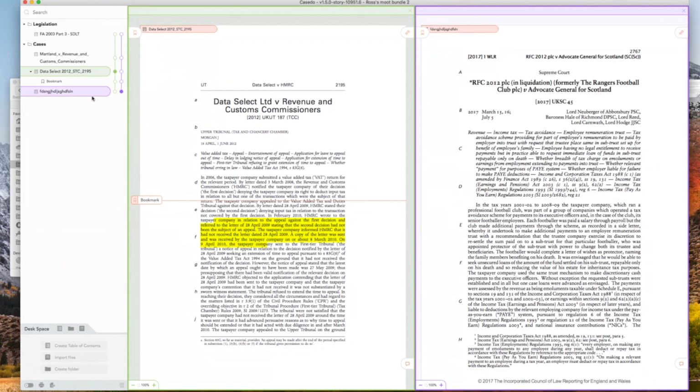And then what you end up with is, for that assignment, you have a single file, a Casido file, that has all the information you're working on in one place. All your markup is in one place. You can organize it exactly how you want it to. So it's good not just for mooting, but for other things.